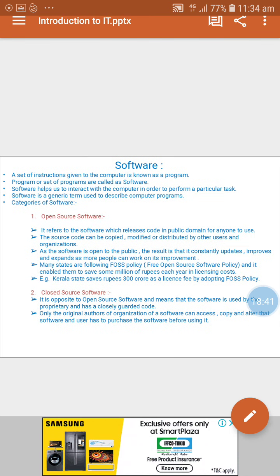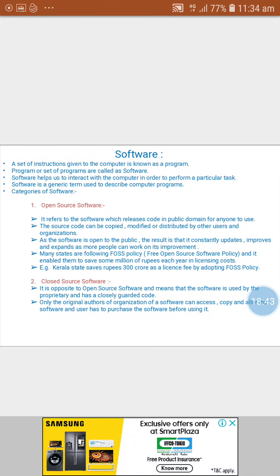Now see, what is FOSS policy? Free open source software policy, and it enables them to save some millions of rupees each year in licensing cost. Example: Kerala state saves rupees 300 crore as a license fee by adopting FOSS policy.